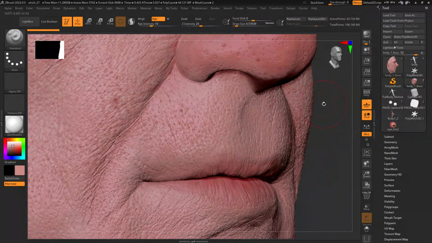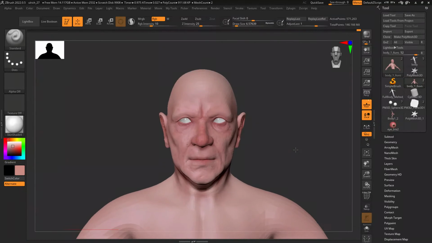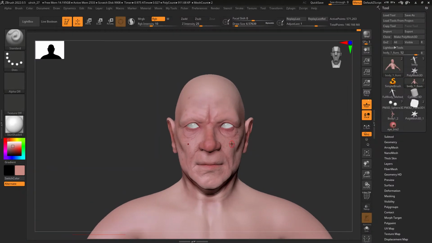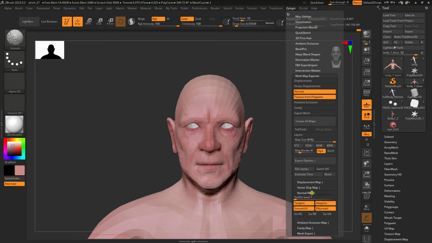So anyhow, let me get out of this. So A. So go back down to my highest non-Geometry HD. And what I'm going to do is go down to my lowest level. So Shift D all the way down to my lowest level, which is 8,000, and I'm going to do this now. So Z plugin, normal, texture from Polypaint, and then under normal map, just make sure that we are using